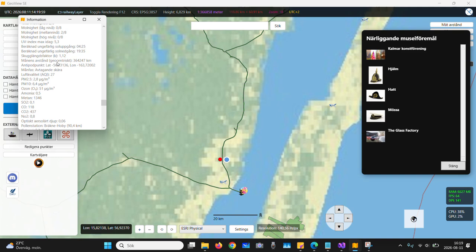The moon's distance, the geocentric distance, the antipode point, like if I am here, what is on the exactly opposite place of Earth. Then we have the moon phase, some air quality measures,